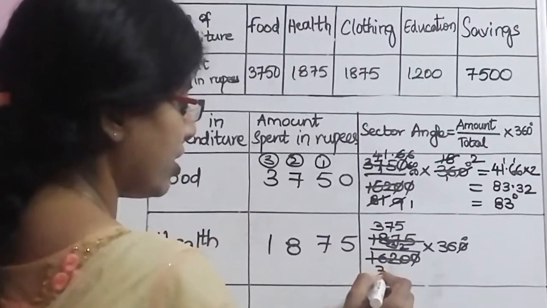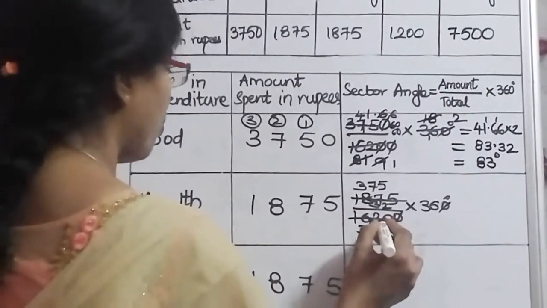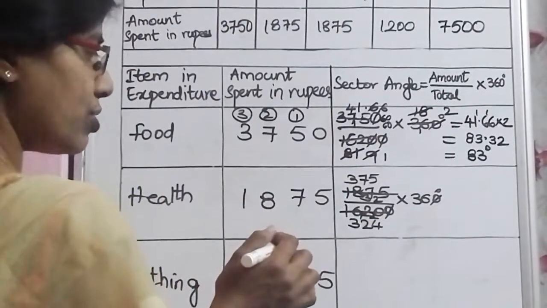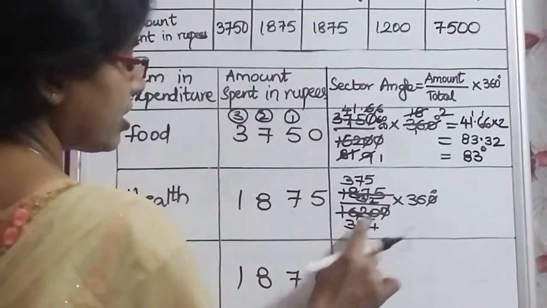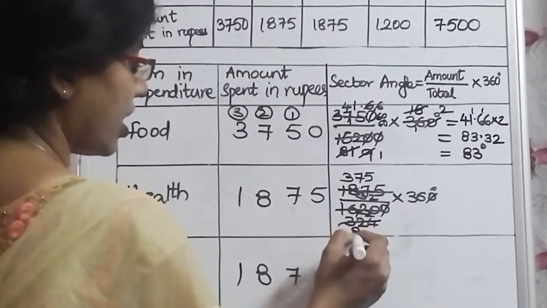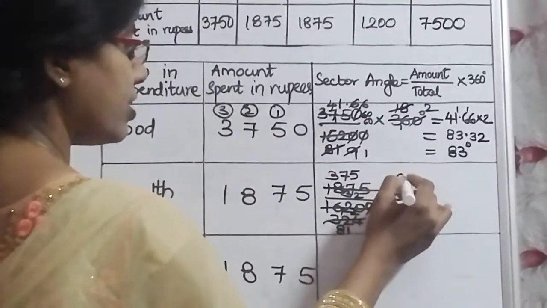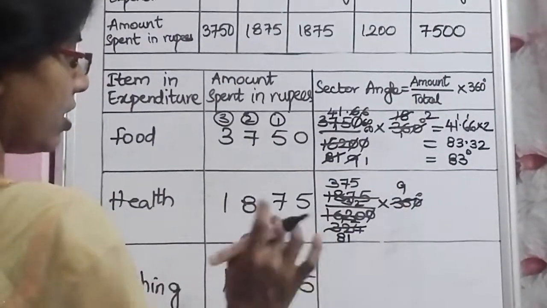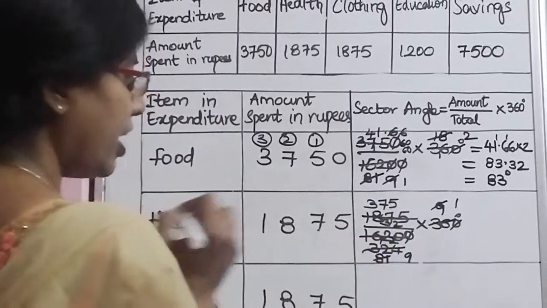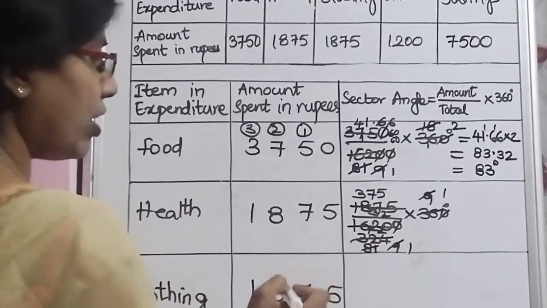Now let us do this. 5 3s are 15. 1 is the remainder. 5 2s are 10. 2 is the remainder. 5 4s are 20. Now let us cancel these two with 4 table. 4 8s are 32. 4 1s are 4. 4 9s are 36. Now cancel this. 9 1s are 9. 9 9s are 81. Now cancel 9. 9 1s are 9.